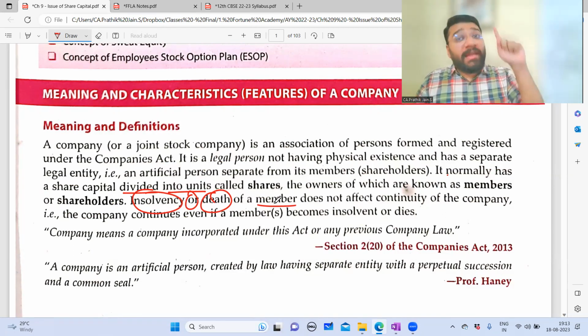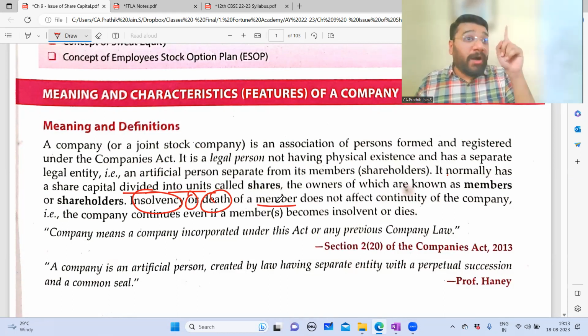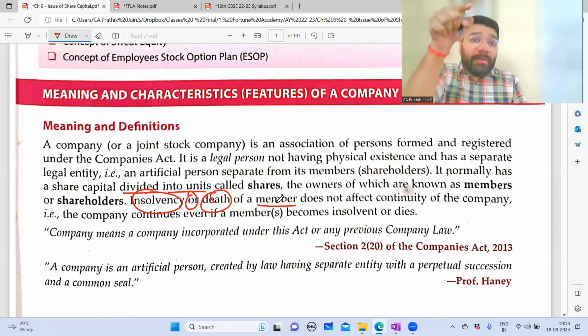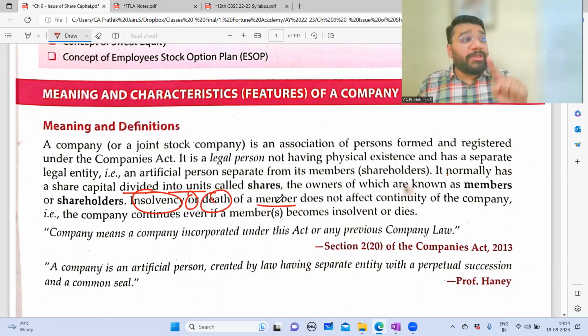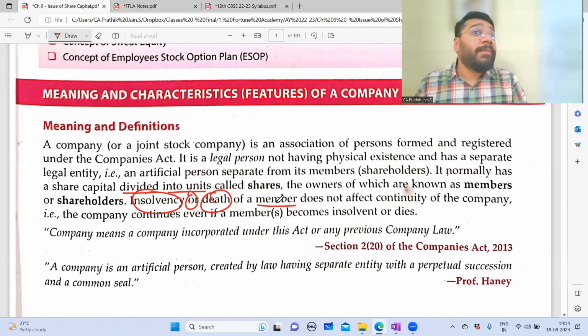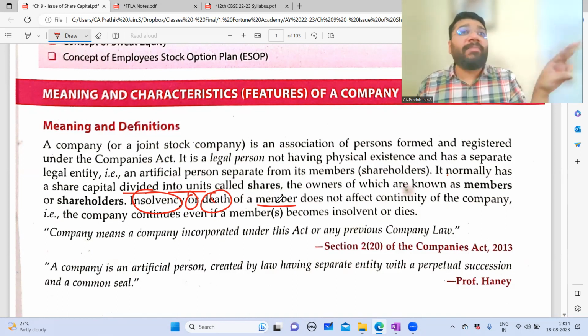But the same thing in case of partnership: there are 5 partners, A, B, C, D, E. If one dies, the business has to be dissolved. Have you studied this or not? If the firm should not be dissolved, then in the agreement you have to make a specific clause that death of a person should not affect the going concern. If you maintain such a clause, then only upon a death the firm is not dissolved. But if you forget to mention that clause, upon the death of a partner, the firm has to be dissolved. Did we learn that point or not?